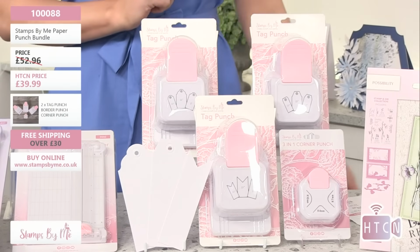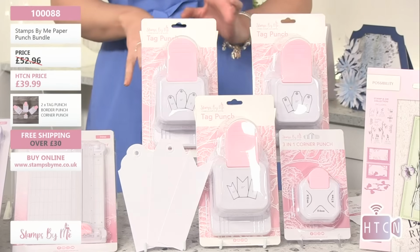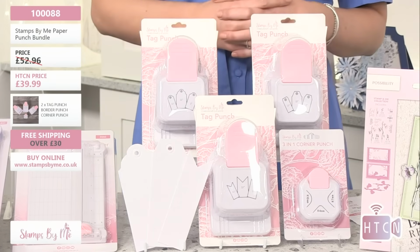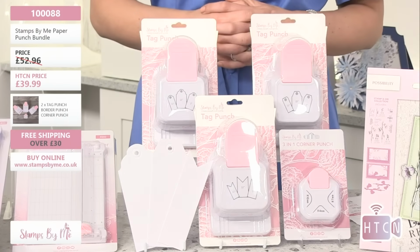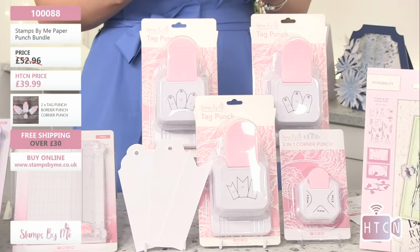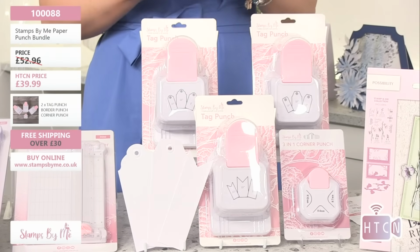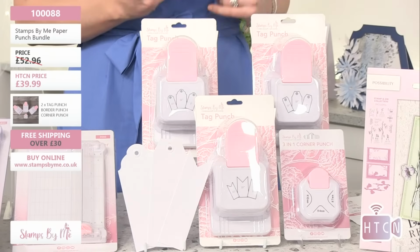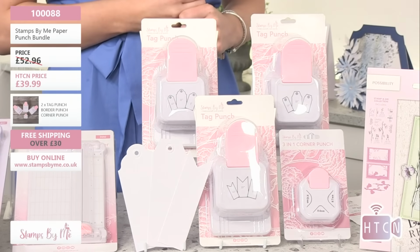So you get the 3 large punches. You get sort of a curved tag, a square-ended tag, and then you get the banner tails. You also get the corner punch, which has 3 sort of circular corners on there, all different in size and width. Super, super easy. Normally £52.96,